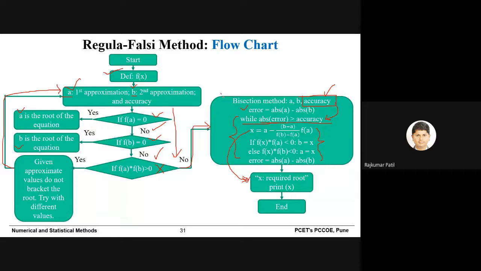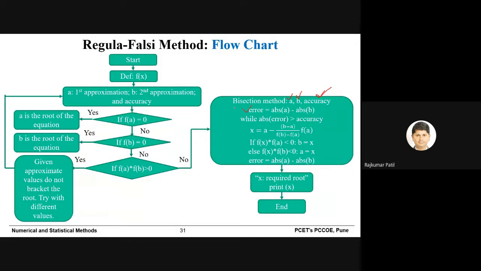Here in this particular box you may have a bit of confusion as it is related to the program, so I will explain that separately. We have the values of a and b, the initial approximations between which the root lies. We need to define the value of accuracy. In this problem, the accuracy should be up to 4 decimal points, so in that way you can define the accuracy here.